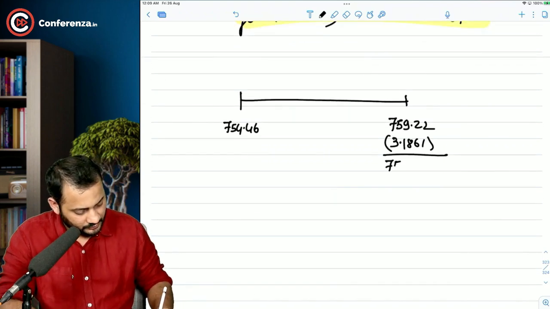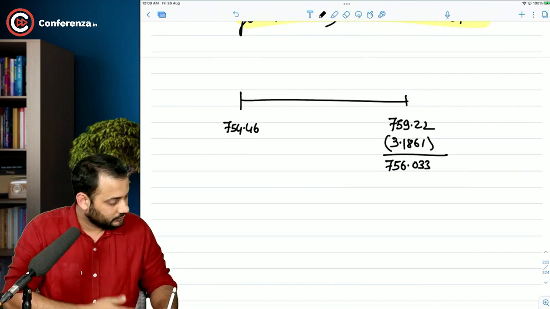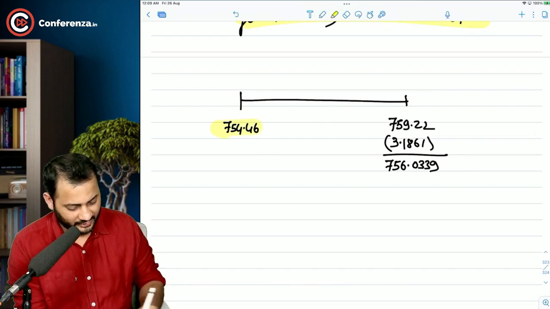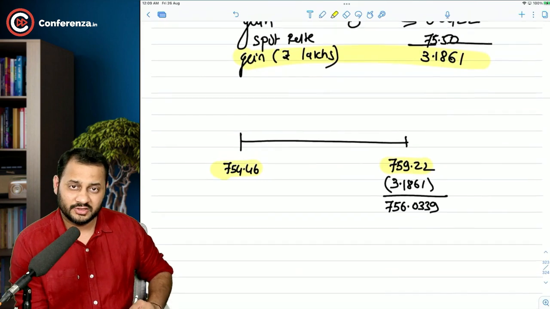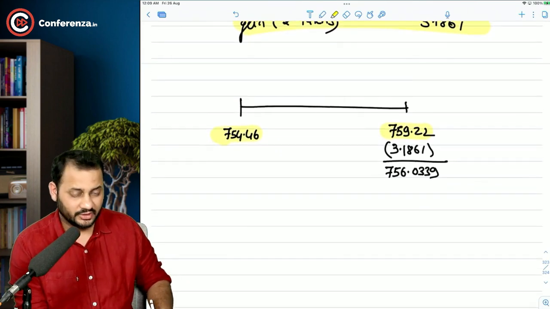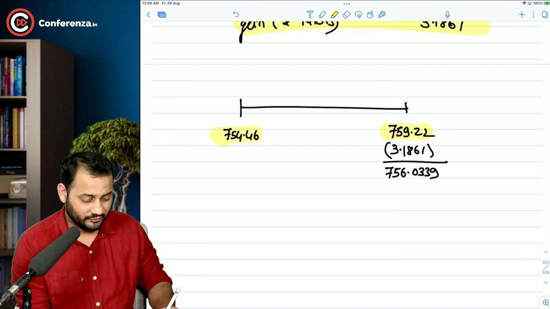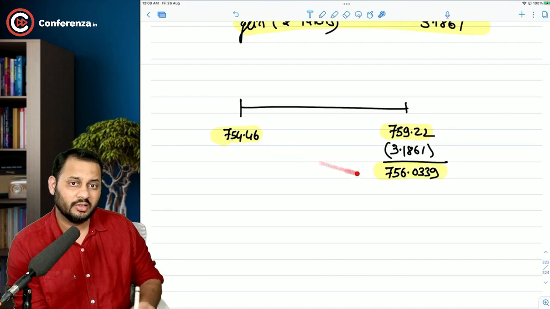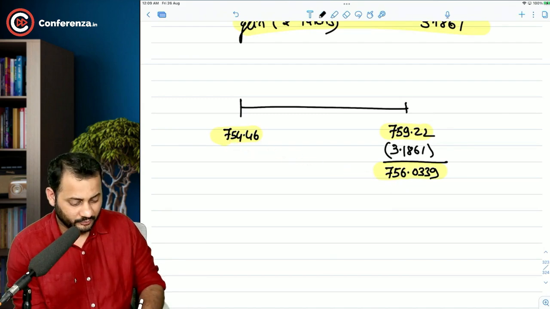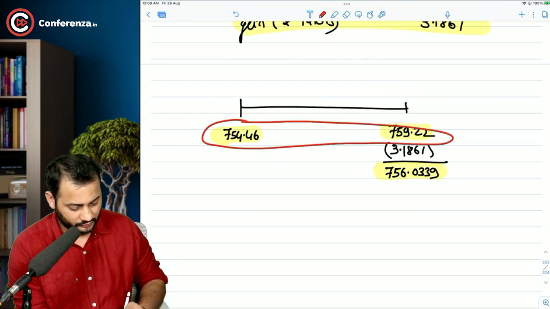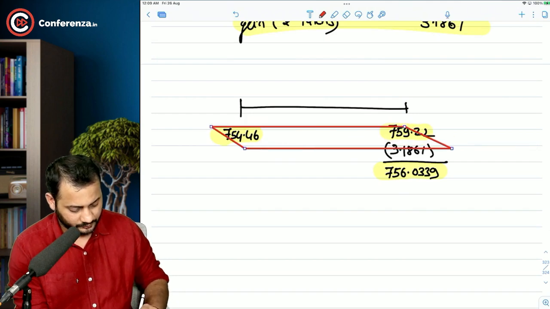that's 756.0339. Now these three values are important. For the first calculation when you do nothing, these two are important, and for the last calculation when you enter into the NDF contract, then these two are important. So let's calculate the profit or loss in both the cases. The profit or loss in these two when compared with these two,